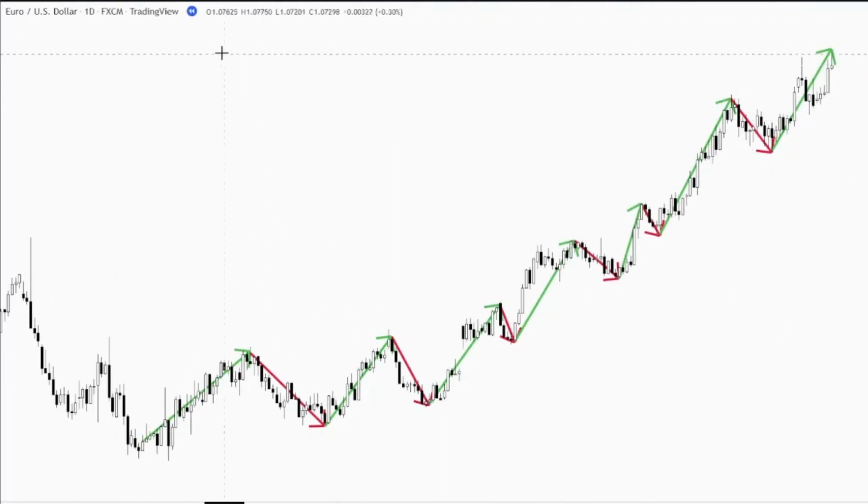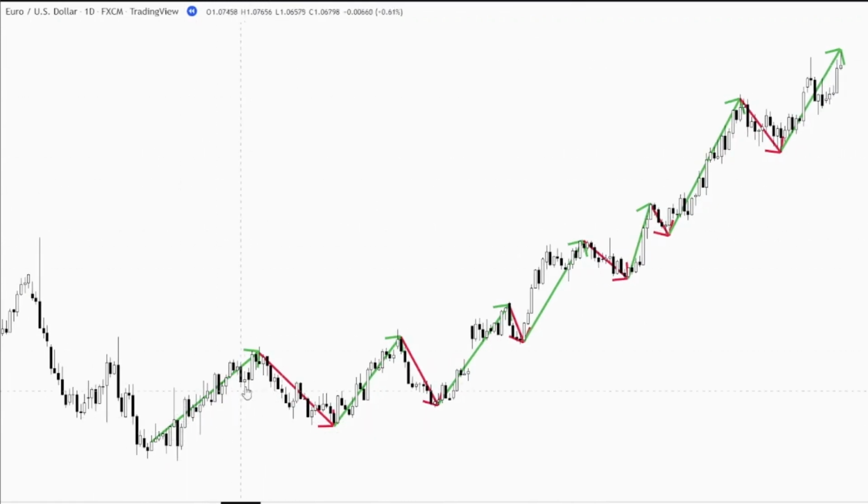Here we are on a Euro USD chart, daily time frame, and you can see that I have highlighted a bullish market structure. This is a bullish market structure because the market keeps on creating highs that are higher than the previous ones, and this high is also higher than this previous one. This high as well is higher than this previous high, and so on. And the market keeps on creating these highs